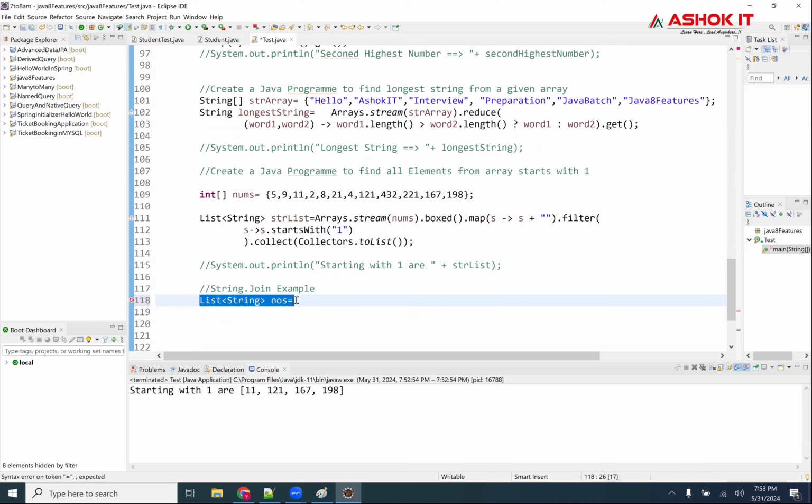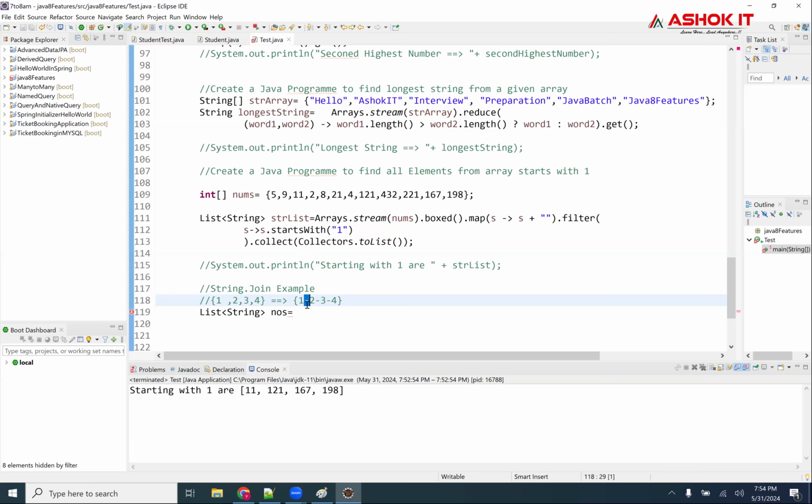What exactly I want is, I have an array as 1, 2, 3, 4. I want to convert it into a string 1-2-3-4. I want to join each and every number with this character.